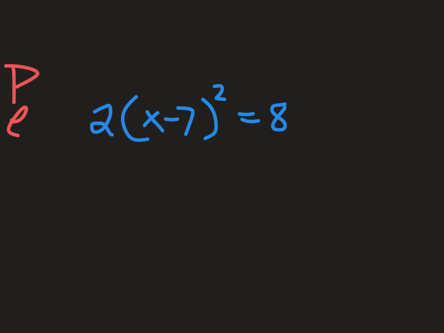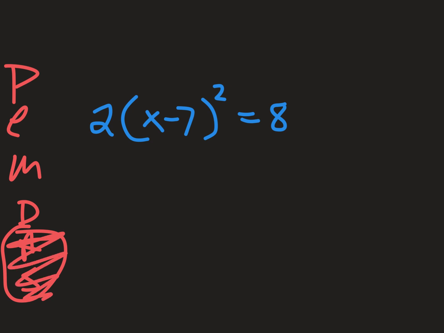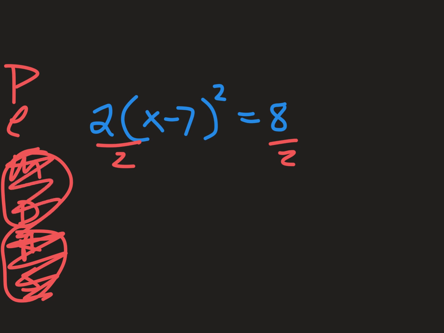I'm just going to remind you why we're supposed to do something first before the square root. When you're solving an equation, you're doing PEMDAS backwards. You ask yourself, could I add or subtract anything? I know there's a few kids who think that you could add 7 at both sides, but you can't because it's being squared. So you cannot add or subtract anything. But you can multiply or divide something. So I think most of you knew that you were dividing by 2. I'm just reminding you why that's what you do first. And then once you're done with the multiplies and divides like that, and of course 8 divided by 2 is just 4,